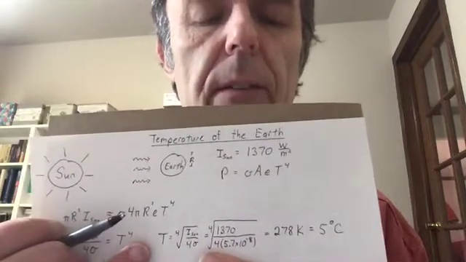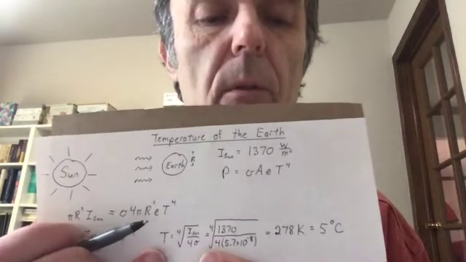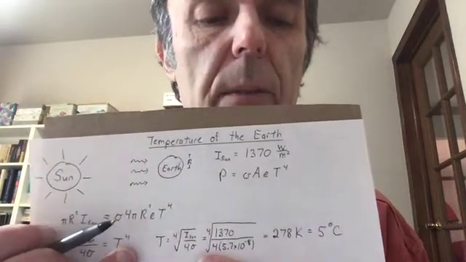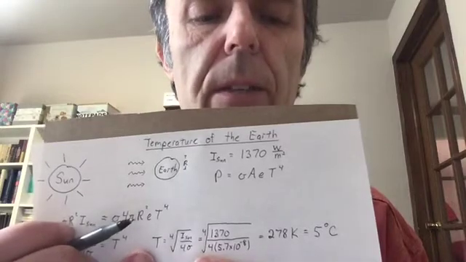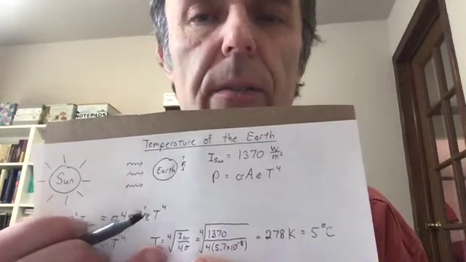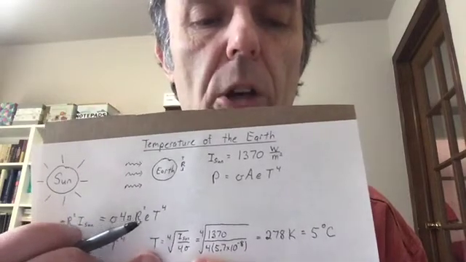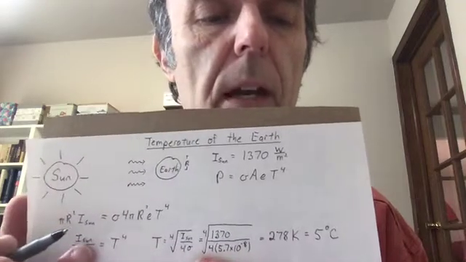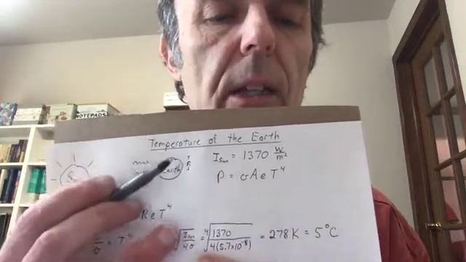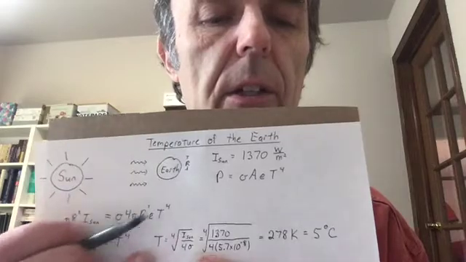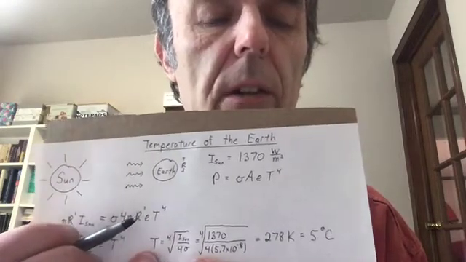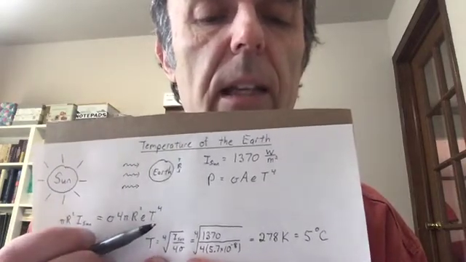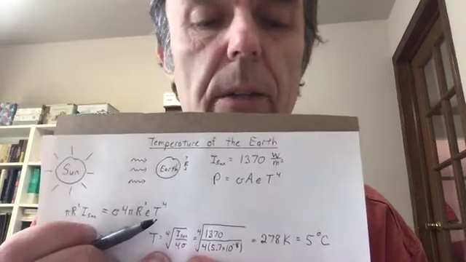How much energy does it give off by infrared blackbody radiation? Stefan-Boltzmann constant, times the surface area of the Earth, and the surface area of a sphere is actually 4 pi r squared. So the difference: pi r squared is just the cross-sectional area of the Earth, while this is the surface area of the entire Earth. The emissivity of 1, and that's the temperature of the Earth that we're trying to predict.